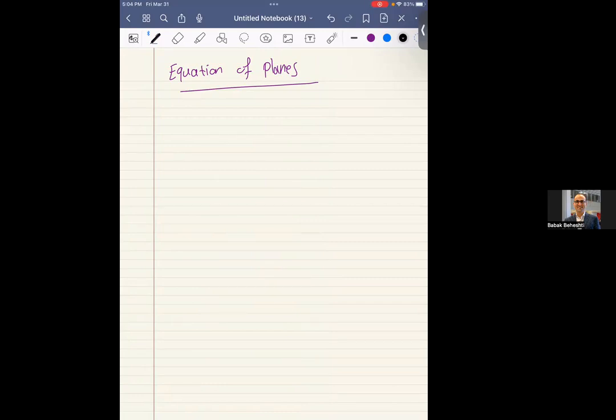One is the vector equation and parametric equation. Another way is the scalar equation. First I describe the vector equation. Each plane is determined by two vectors. So for each plane, we need two vectors